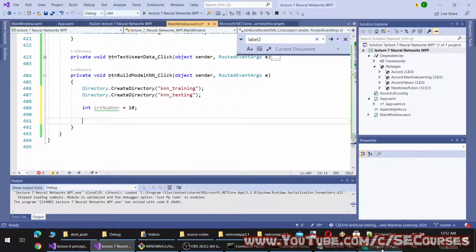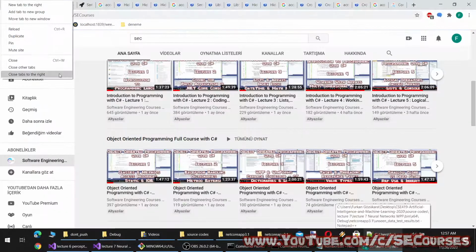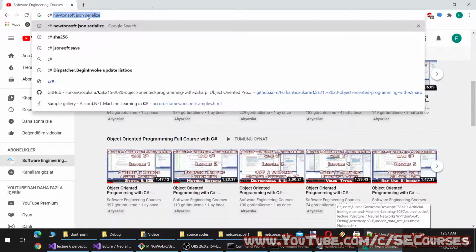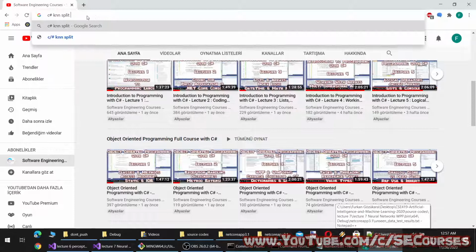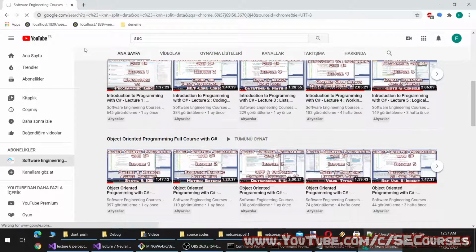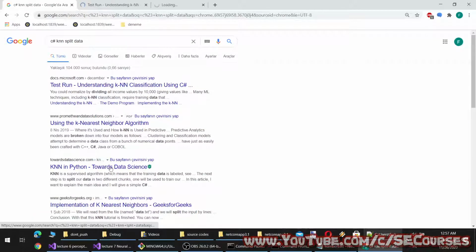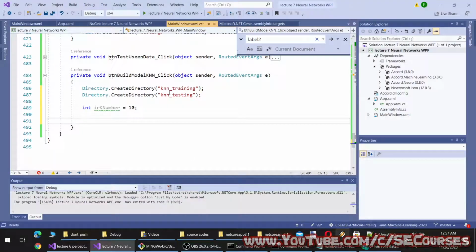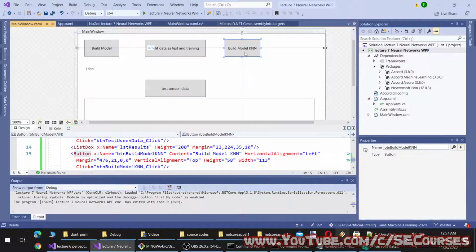Okay, maybe there is some ready method. I mean cross validation. Why am I writing like this? Okay, we have all written this incorrectly. Let me fix that. I'm confused.